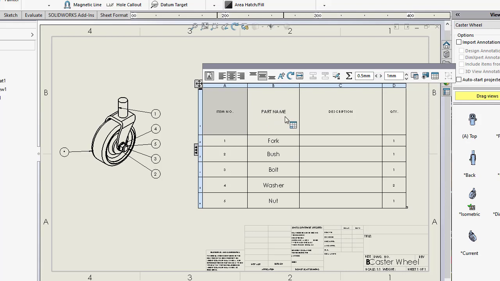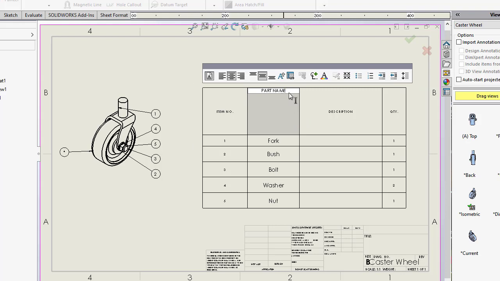So in this way you can increase or decrease the width of any row or any column. Now I will show you how we can change the font or size of these headings, and I will double click on this heading, and we can see that we are able to edit it. We can edit it, or we can change the properties of this heading. So here we can color it, or add symbol, or link this property, or make all these properties uppercase. So I will click on document font,